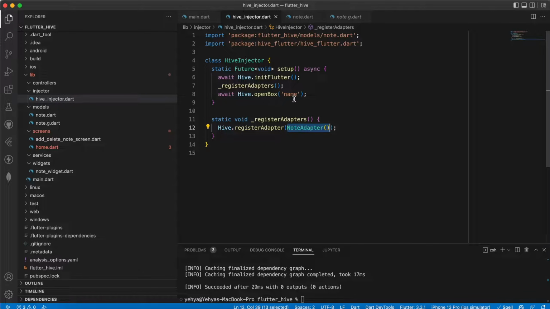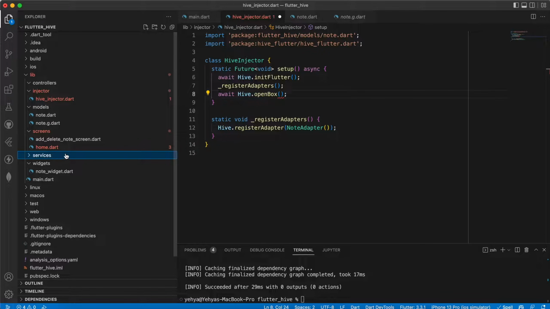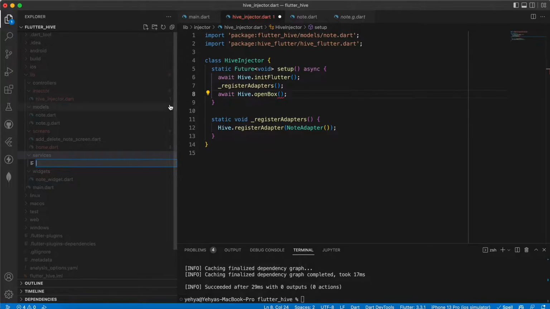Now regarding this box, Hive.openBox, you can specify whatever name you want. For example, you can say my box. But because we have one project and we're building this for the whole project, I'm not gonna do that. I'm gonna remove this, and that's why I created a directory called services, because inside it, I'm gonna create a